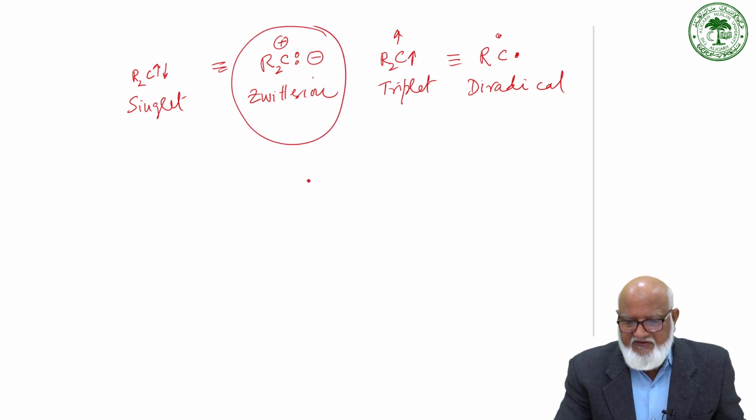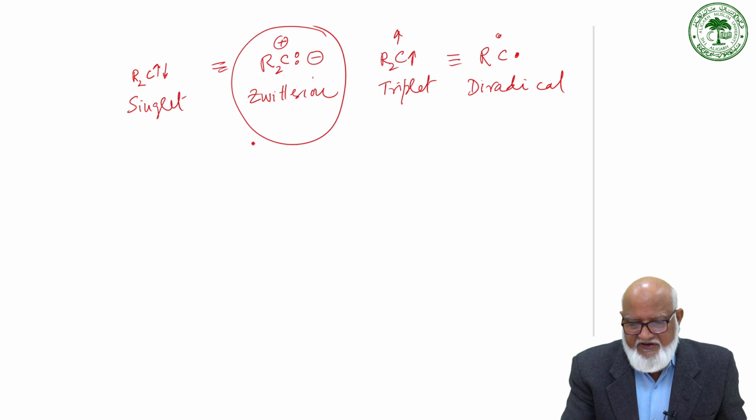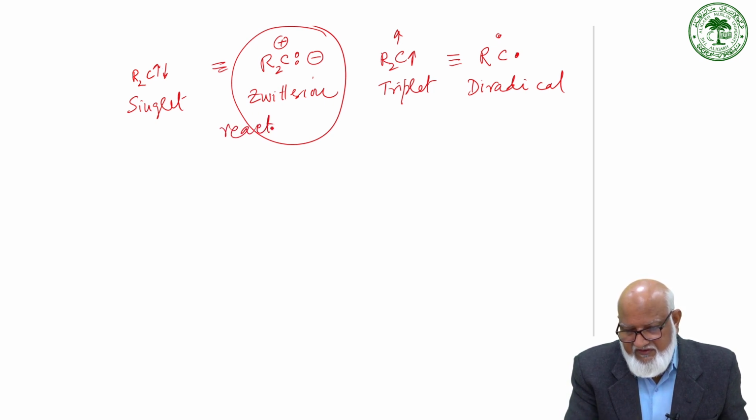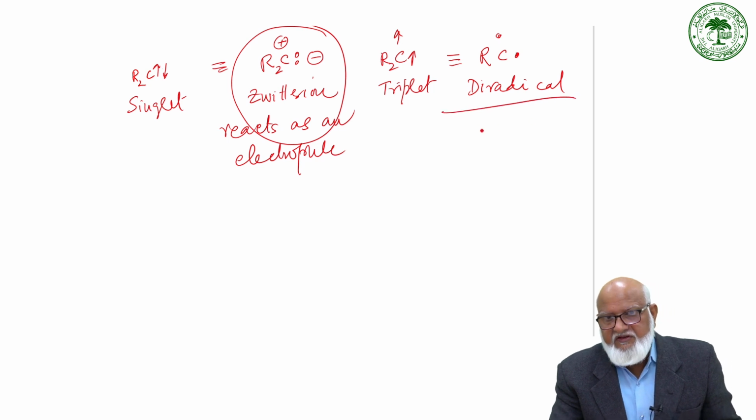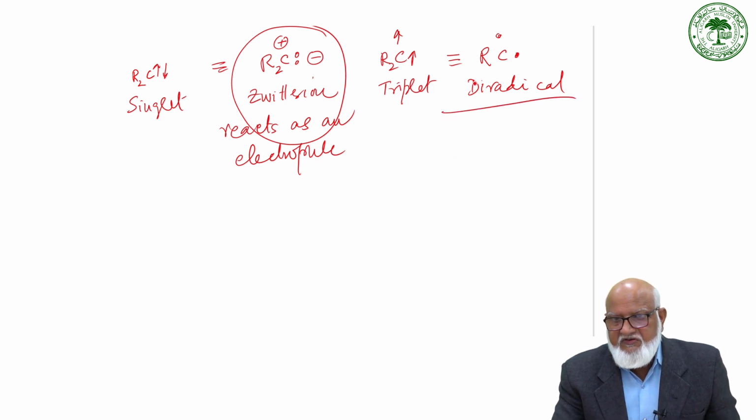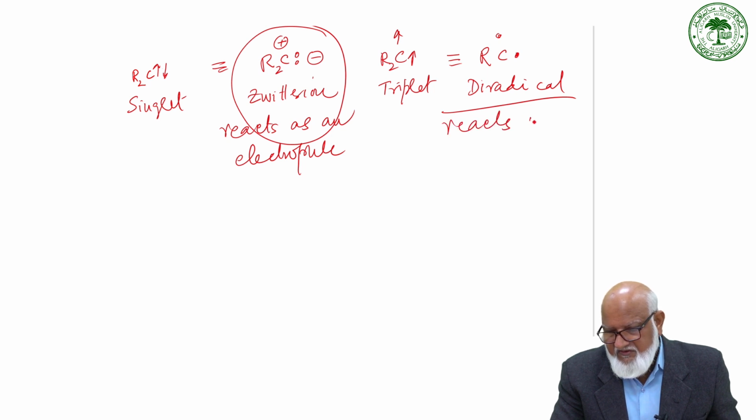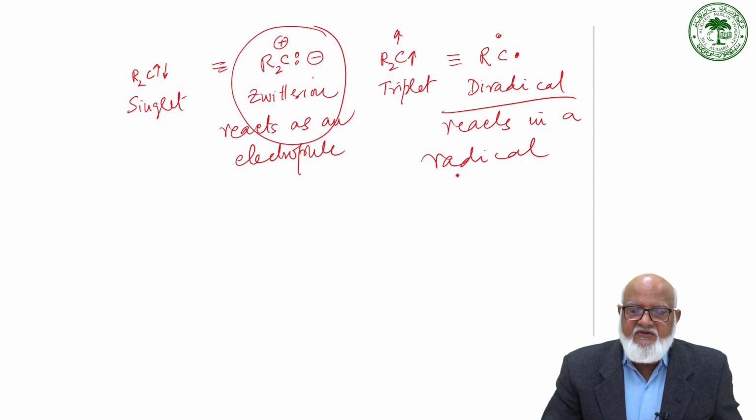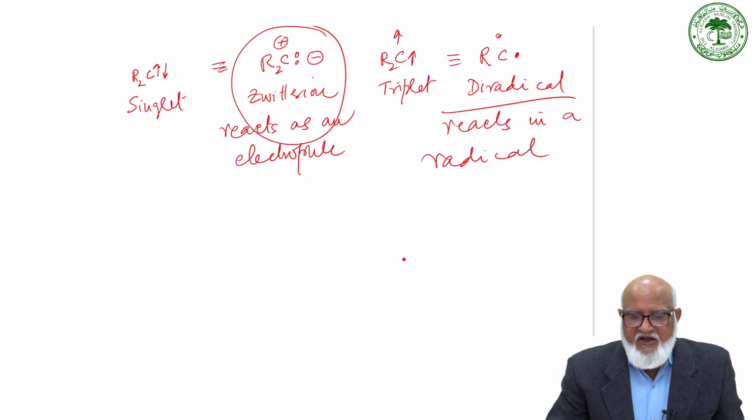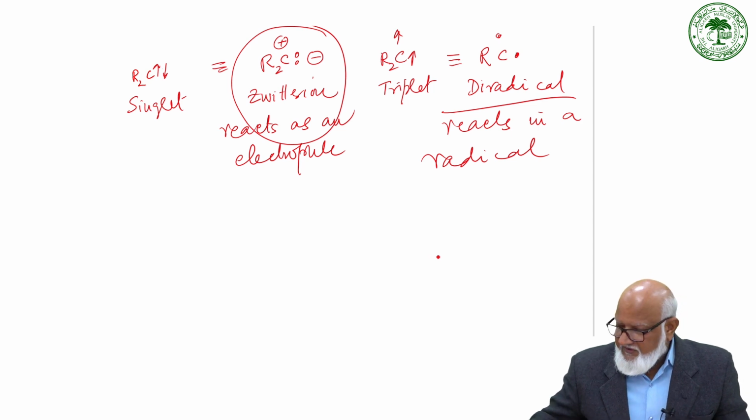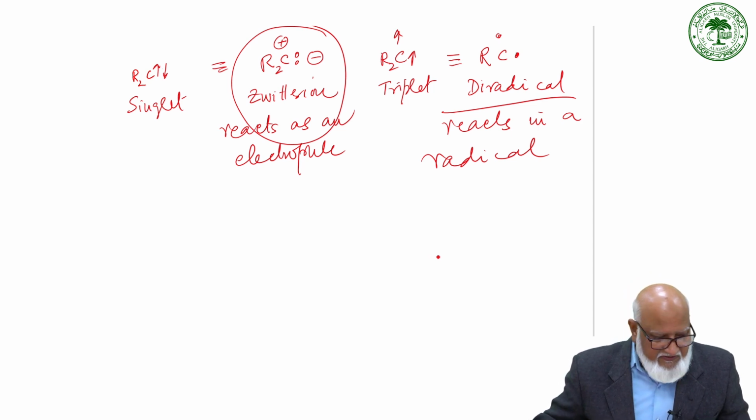The singlet carbene is a zwitterionic species that reacts as an electrophile. Whereas the triplet carbene is a diradical species that reacts in a radical fashion. And this reactivity has been well established on reaction of these two different carbenes with